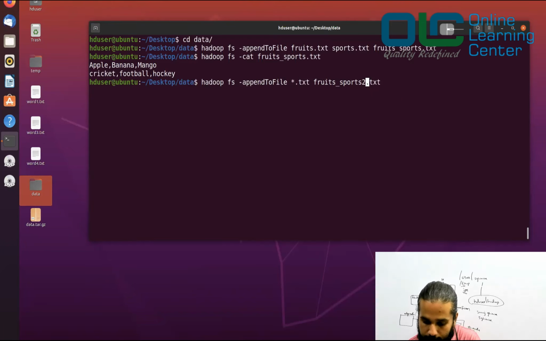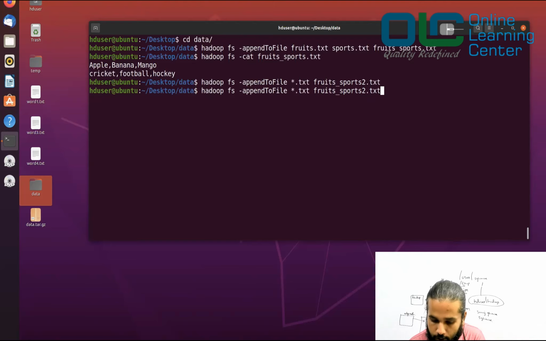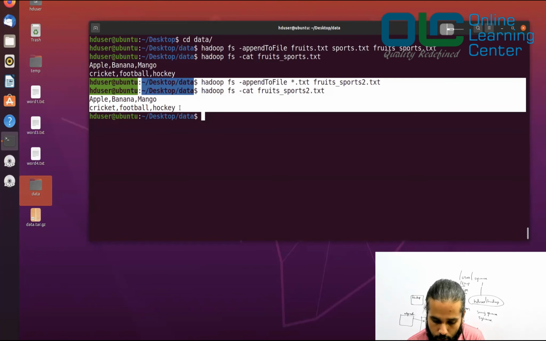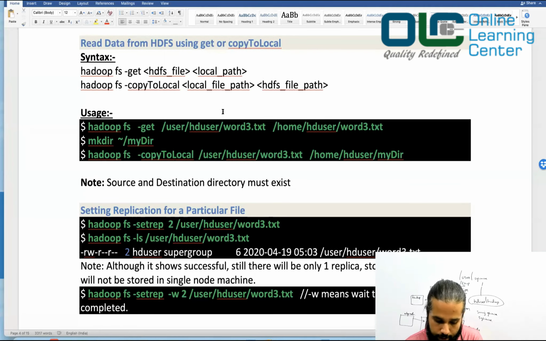I have two files, and let me say fruits2.txt, hit enter, and let's see what it does. Okay, so it looks like it executed successfully, but then I also want to do a cat on it, and I'll say 2.txt, right? So this also did the same thing. So if you have multiple files, you can also use some sort of wildcard characters, and this would also give you the same output altogether. So let me copy this. This is done, right?